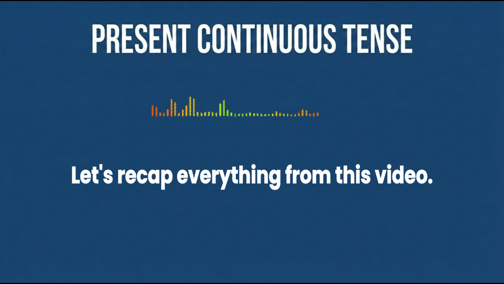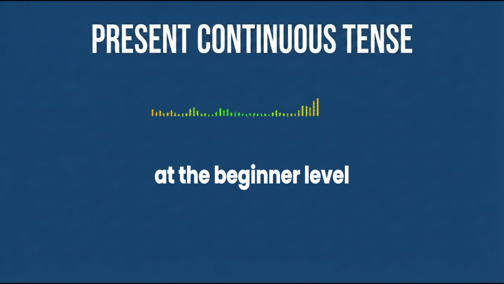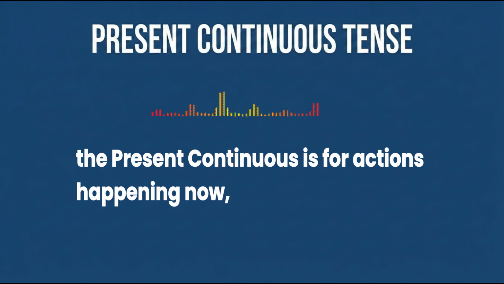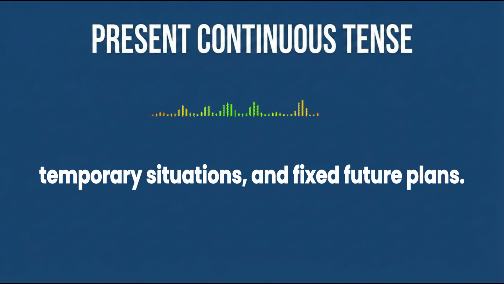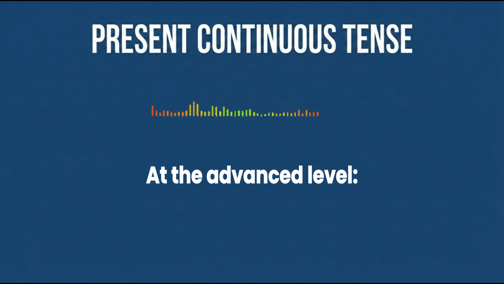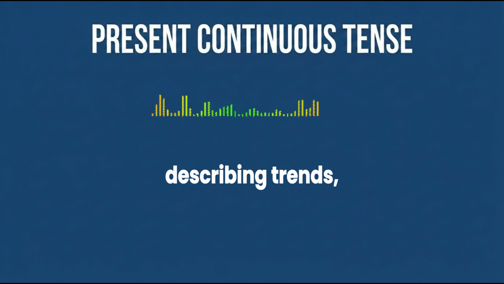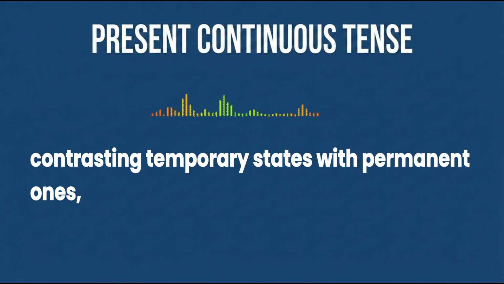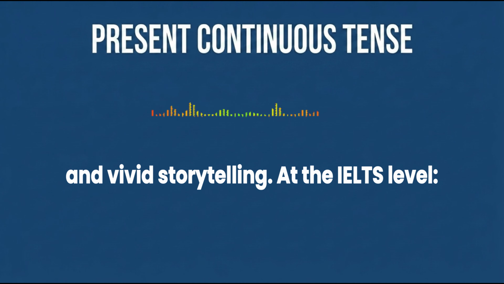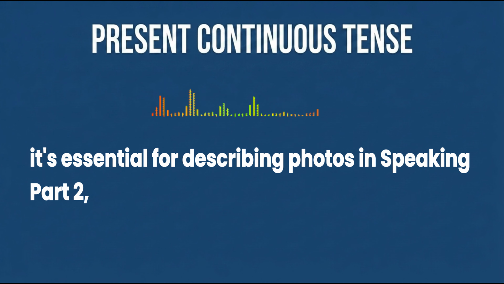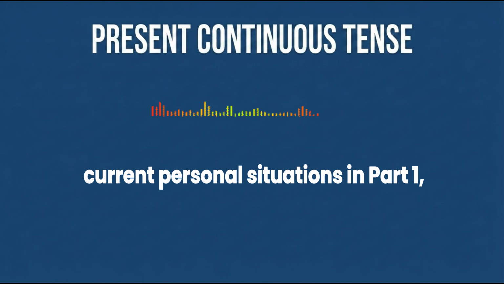Let's recap everything from this video. At the beginner level, the present continuous is for actions happening now, temporary situations, and fixed future plans. At the advanced level, it's used for expressing annoyance with always, describing trends, contrasting temporary states with permanent ones, and vivid storytelling. At the IELTS level, it's essential for describing photos in speaking part 2, current personal situations in part